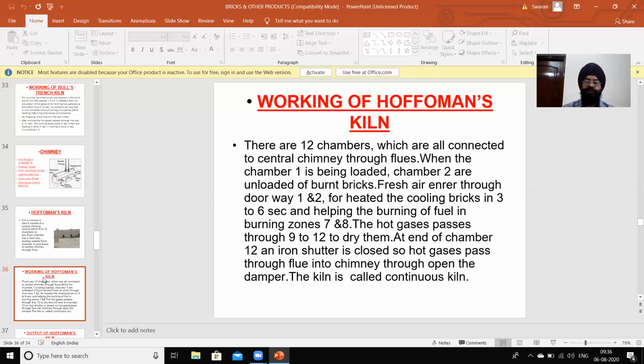So these are the two types of kiln, in which we have discussed how the working of the Bull's trench kiln, oval in shape, and how the working of the Hofmann's kiln, which is circular in shape. So thank you very much.